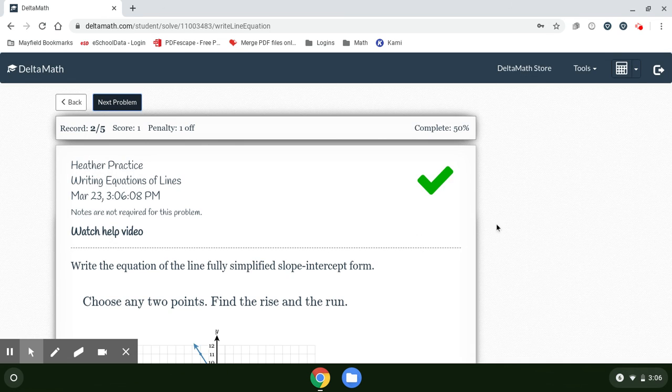Okay, so that was assignment 1, both writing equations of lines and graphing lines from equations. Hopefully this helped you. If you are having problems with that assignment, please let me know what else you need tutorials on. I can do any ones